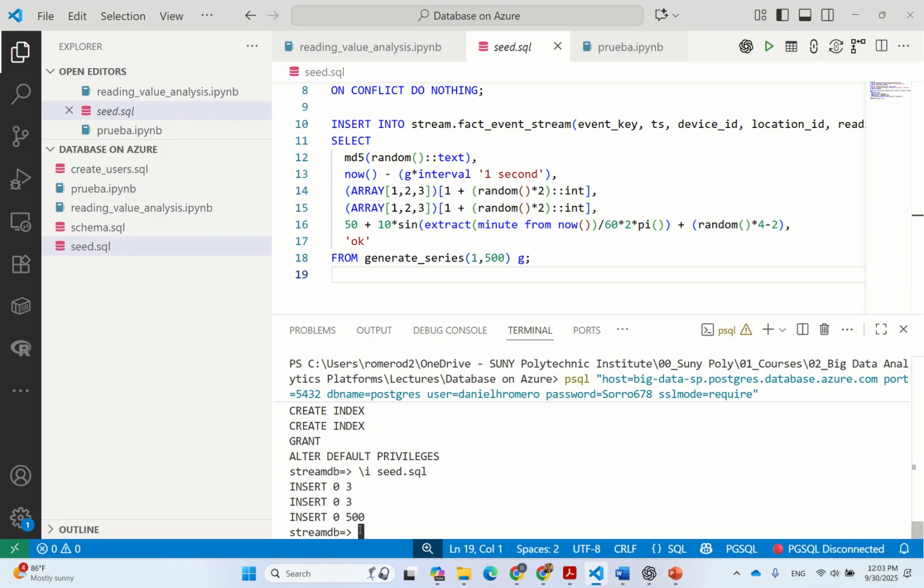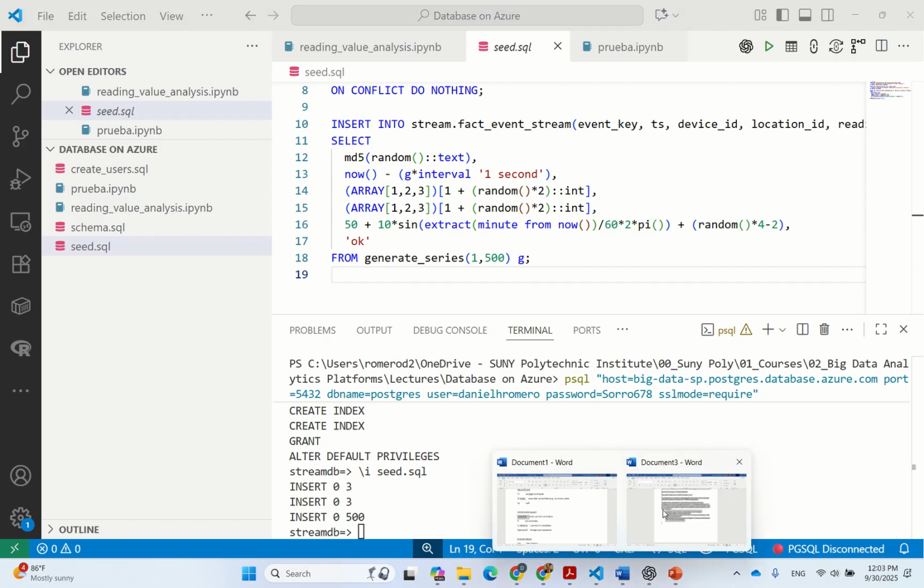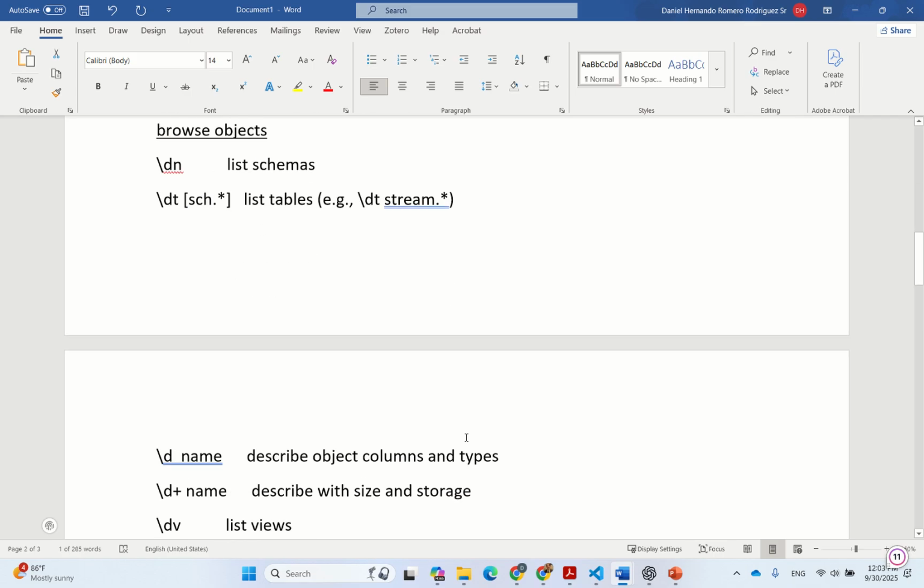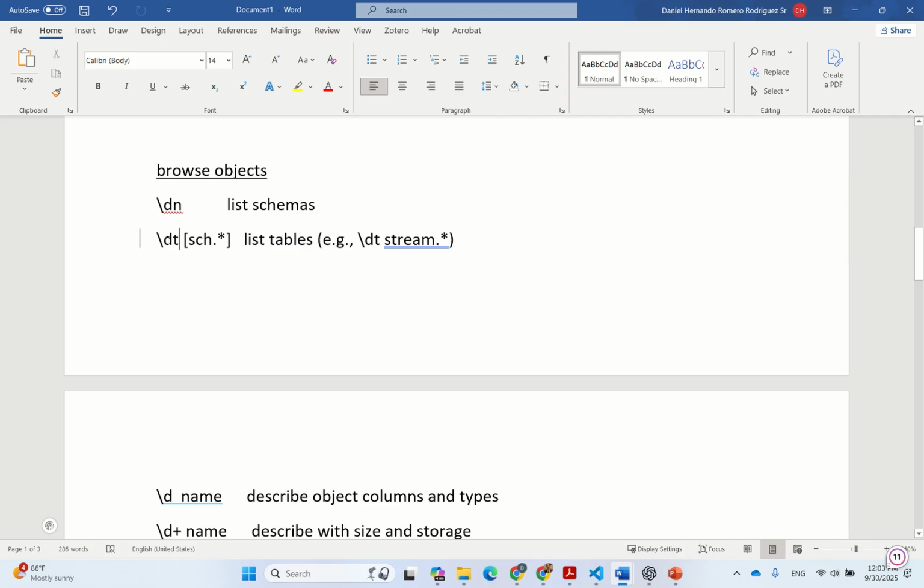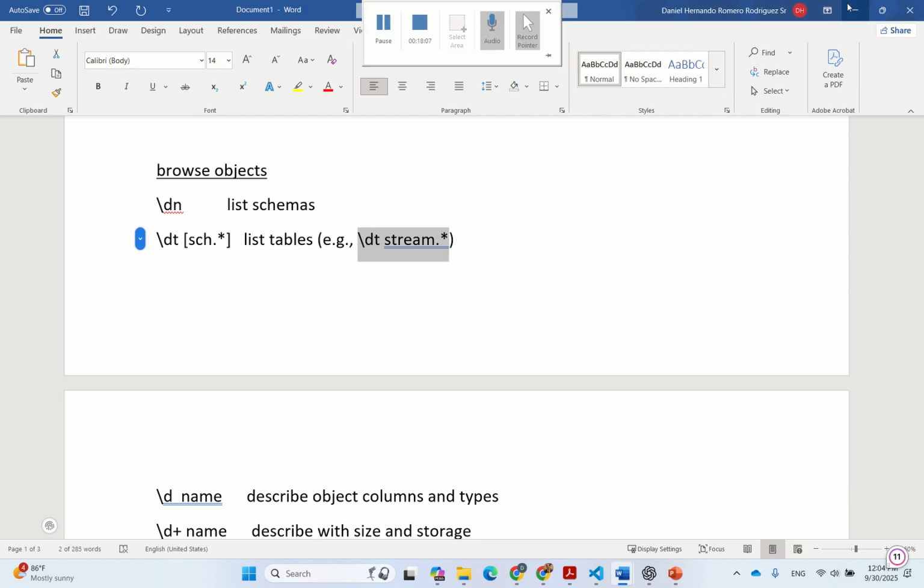We can start working with this database. We can create some queries if you want to visualize which tables are inside that database. Remember, you can list the tables using \dt and the name of the schema. So we can use \dt with the schema name stream, and it will show us all the tables that we created. So let's use this command here, \dt stream.*